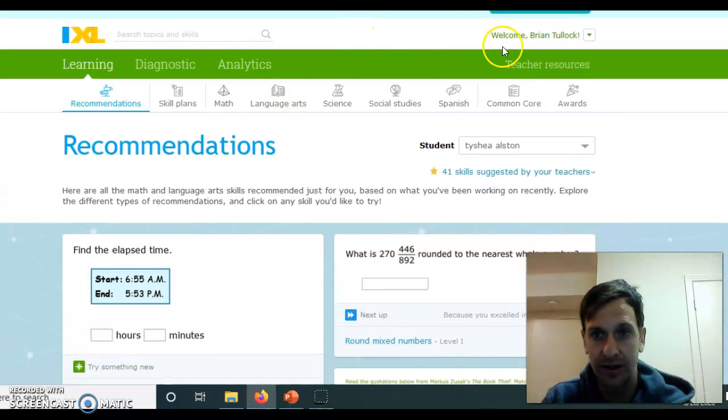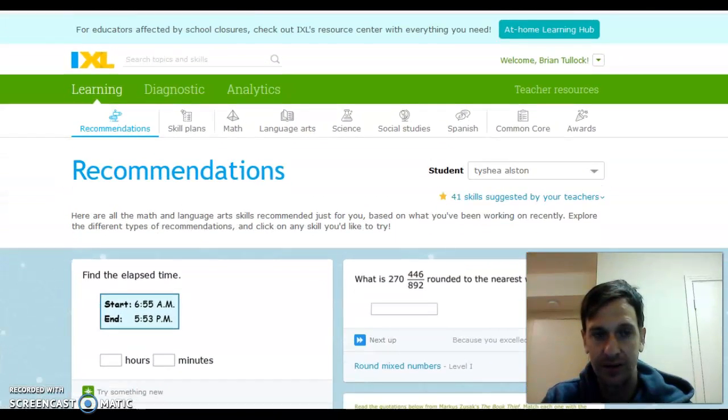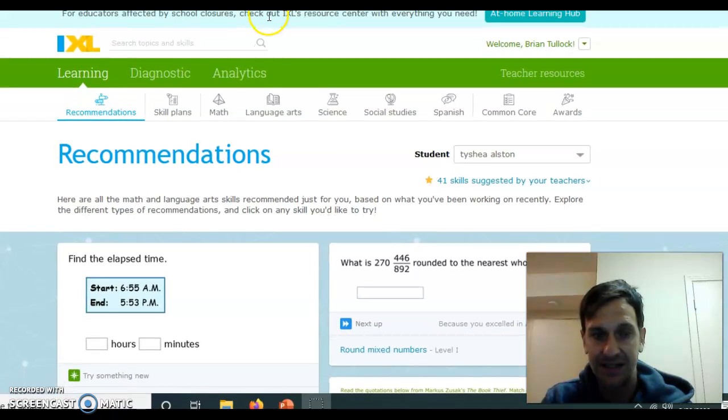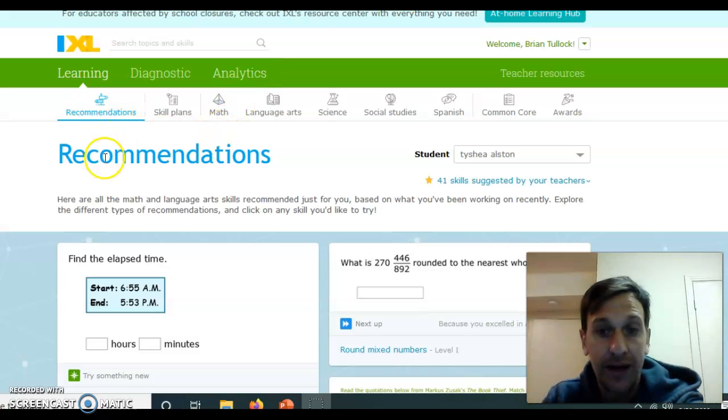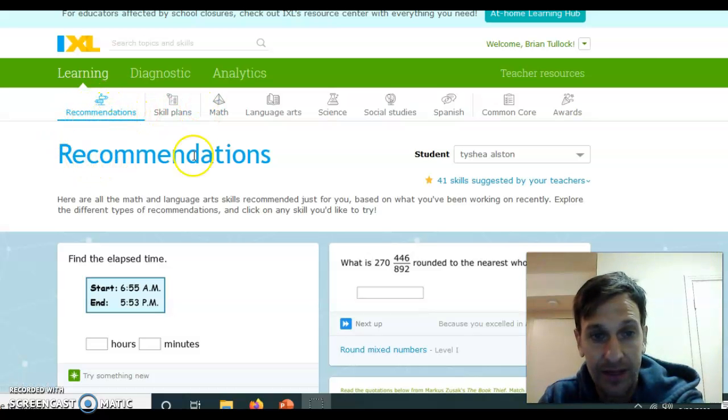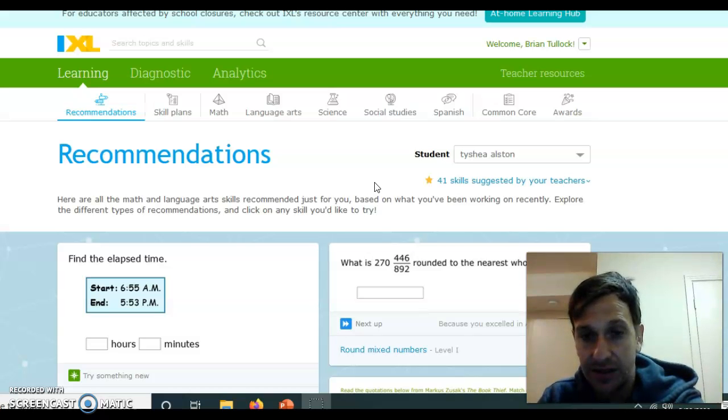All right. When you log into IXL, please make sure you're going to IXL.com/signin/jobcorps, not just IXL. It's not going to get you there. When you get to your page, you will see recommendations. See, I'm on my recommendations page. Right here, you'll see it says skills suggested by your teachers. I am going to put all the skills you need to click on in IXL in regards to figurative language. Please, as you're going through these lessons, click on these skills. Do not just go to a basic skill. It's not going to help you with your TABE test. These are specific to your TABE test. Remember that. There's a purpose for all of this.